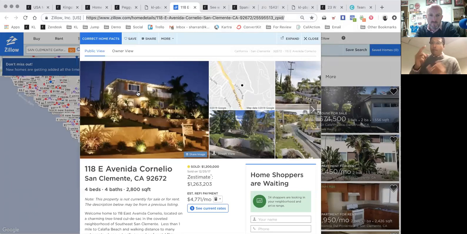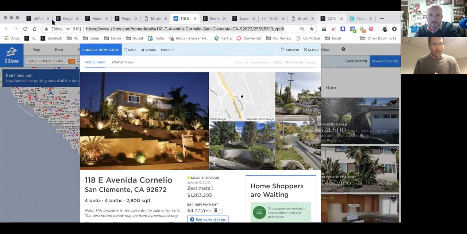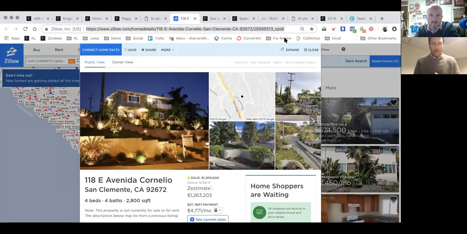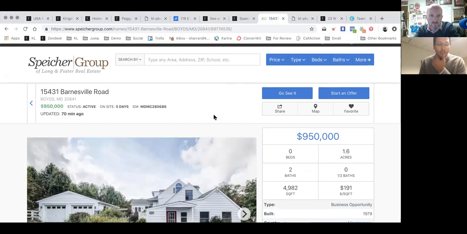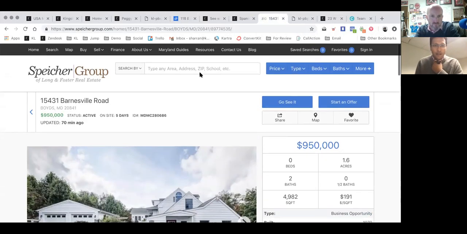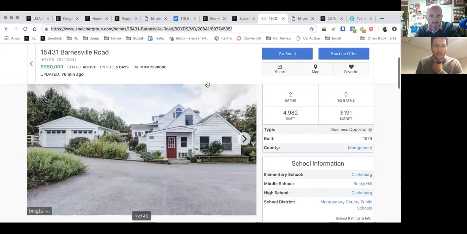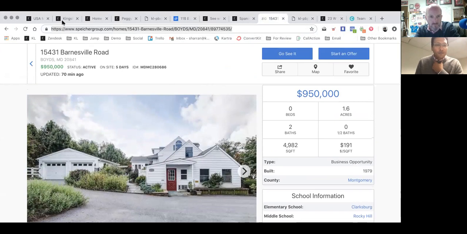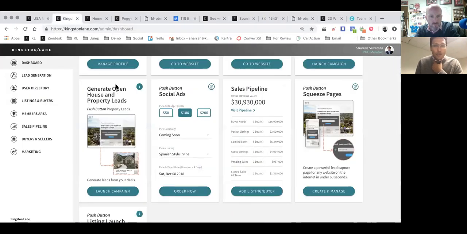Now this could be an IDX site. I have my friend's IDX site here. Let me try to pull that up. Give me 1 second here. Where is it? I can't find it. We'll figure it out later. Oh, here it is. I pulled up one of my friends' IDX sites. This is his Boomtown site. You would do the same thing. You would just copy this entire URL. It's essentially this property status page, right? That's all this is. Once you do that, we're going to do something called push button property leads,